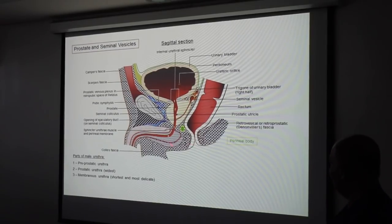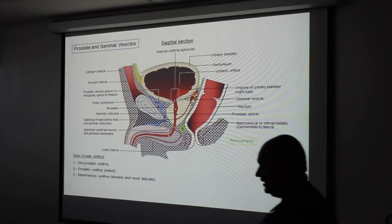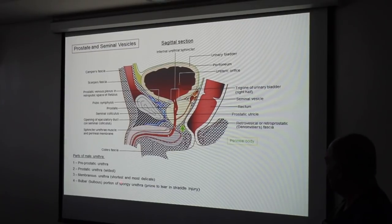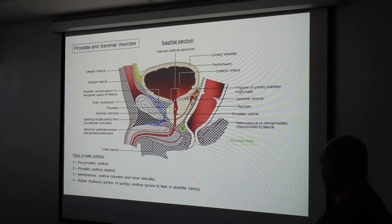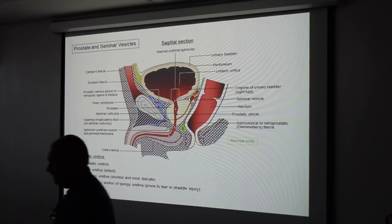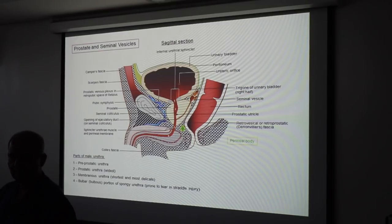Now, point number 4, that is the spongy urethra. The spongy urethra has 2 parts: a bulbar part and a penile part. The bulbar portion of the spongy urethra is prone to tear in straddle injury. What do you mean by straddle injury? Any idea? On a bicycle. The seat of the bicycle has an extended part. If the person falls, when you fall,